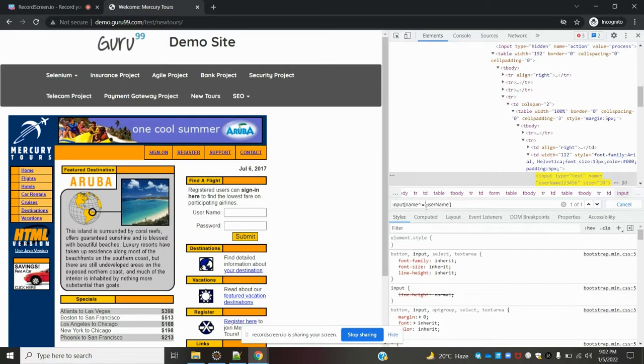Any kind of name may be present. At that moment we can use half of the name, and then it will identify which value is present. Here is the dollar symbol, and then it will find which name is matching for that web element attribute value.